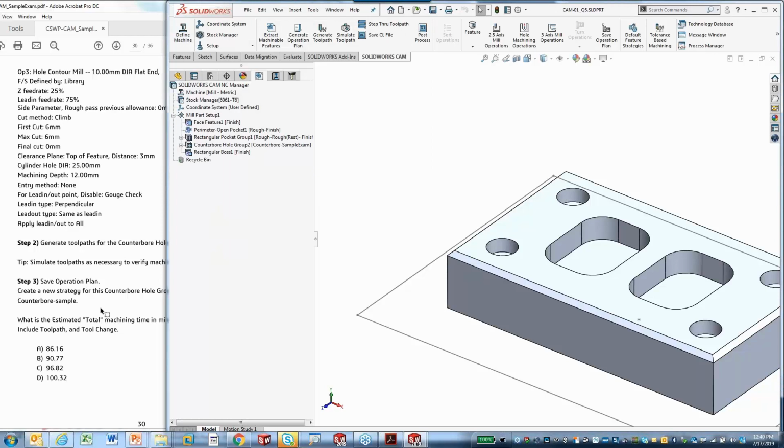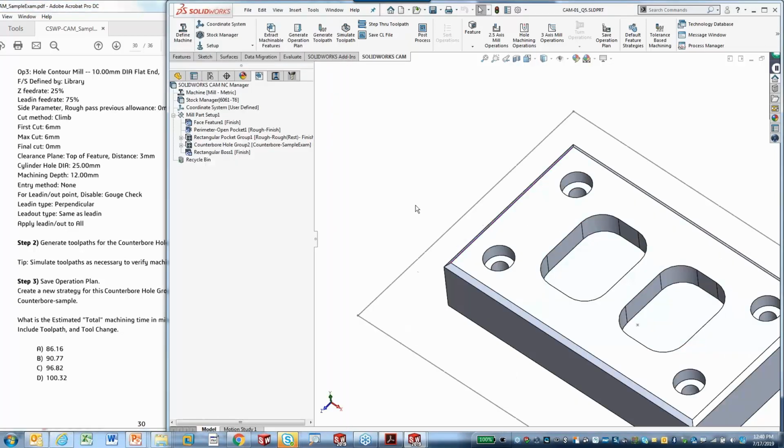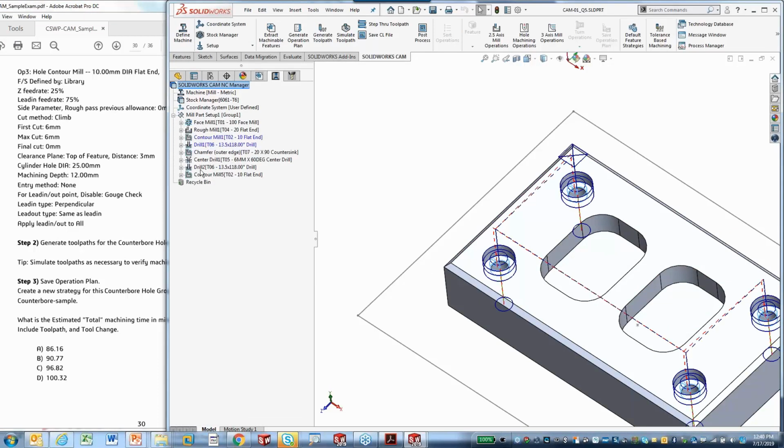So what that'll set us up for, if there's any additional parts that have these same counterbore holes, we can utilize that save operation plan, so that way we don't have to go through and redefine the center drill, the contour mill to